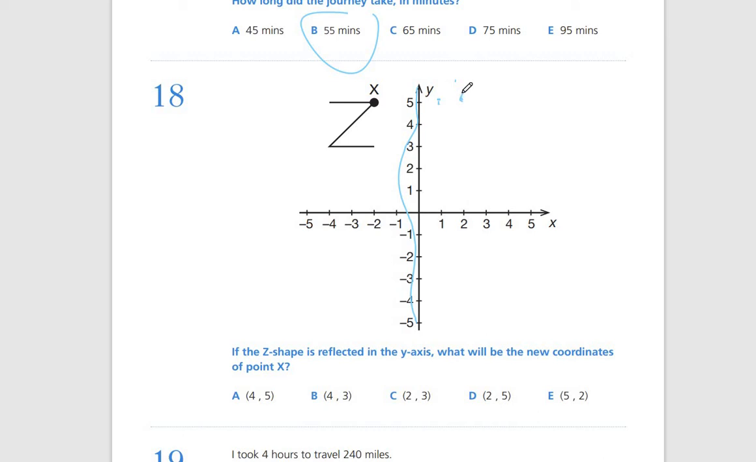This is -2. If you flip on the y-axis, it will be 2. The x will be 2, and then here is 5. So it's 2, 5, which is D. If you would like more explaining, I will come back to this question after we've done all the